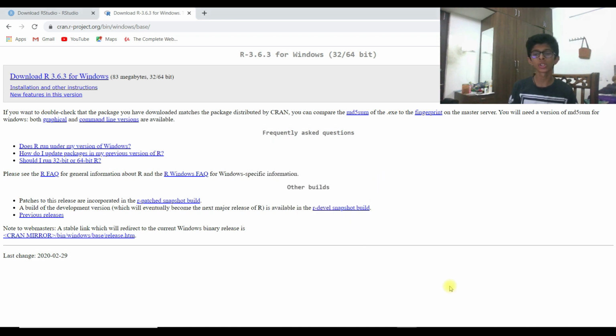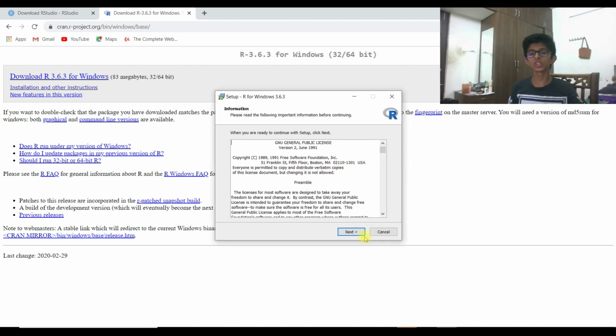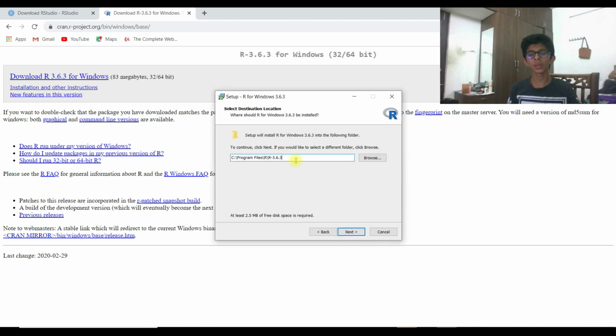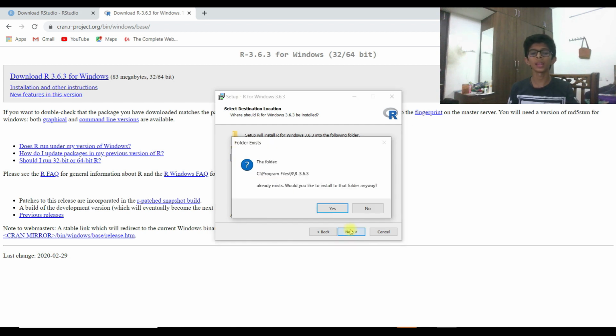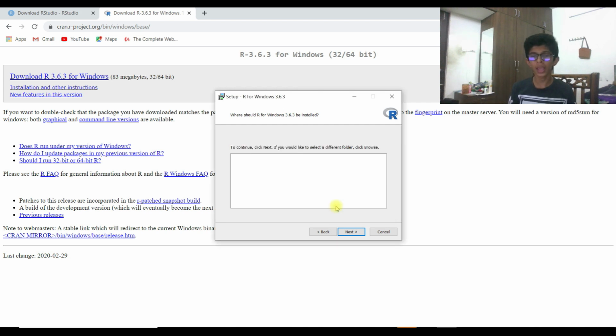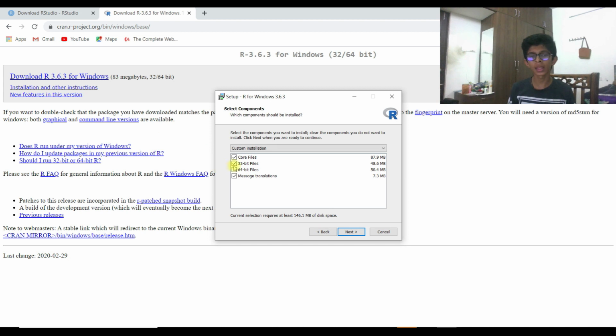I just chose English. Now you just click next, then R 3.6.3, then next. I have already installed it. This is a 64-bit one, so I recommend the 64-bit files.